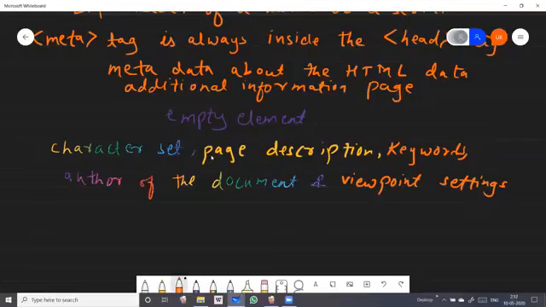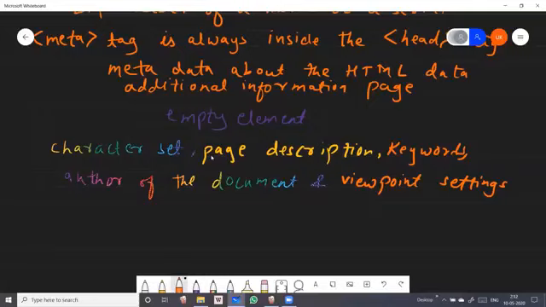Nowadays it is using UTF-8, which is also called as the universal character set. It has around 1 million characters. That means you can have different languages in one single computer by using the language option. Okay, then page description. It describes the page, that what will be there or what is there on the page.